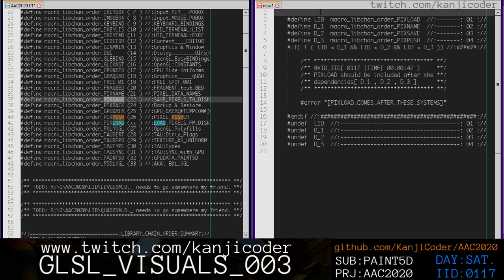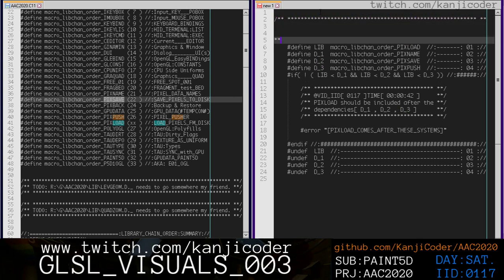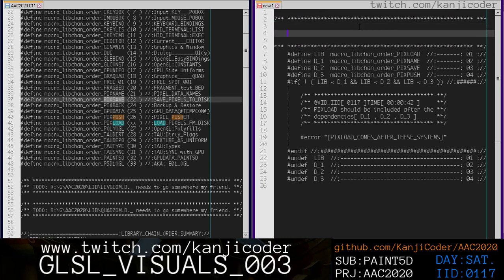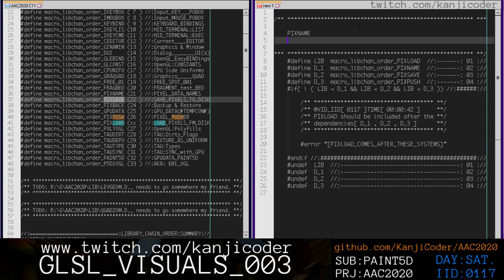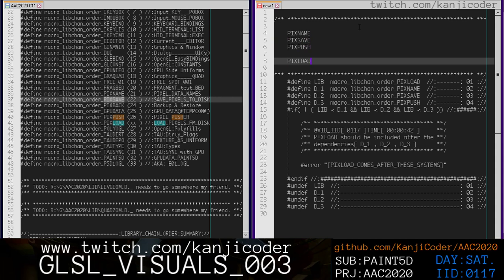Okay, and so we also want a kind of commentary about what's going on here. This is a lot of code to just do what we really want to do. All we really care about here is the relative order of some files, and this enforcer file we're writing is very verbose. So all we really want is, we got a pixname, then we got pixsave, and then we got pixpush, pixload, and then